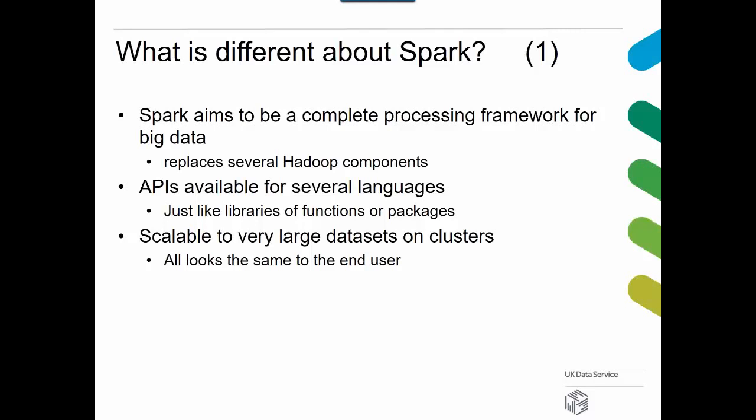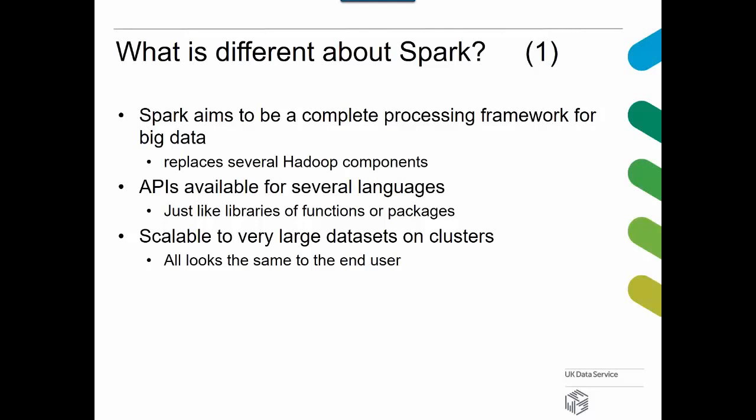It's scalable to very large data sets. Now, of course, that's the whole point of big data. Whatever you do, you've got to be able to do it on a very, very large data set, data sets which can only effectively be processed on clusters. And like the other big data solutions, the point about Spark when you're actually coding to work against your data set, although in our examples here, we're going to use a very simple Windows PC or Hadoop sandbox,